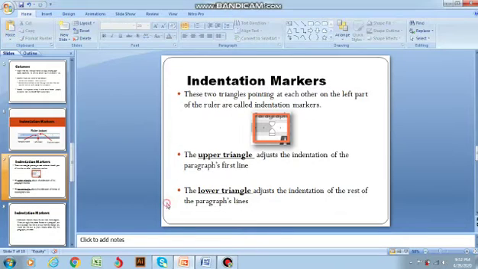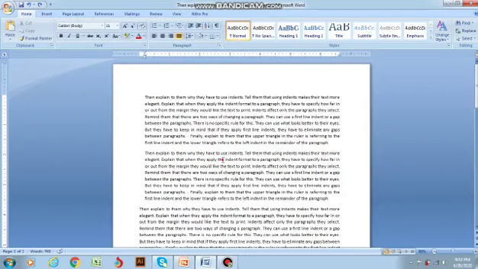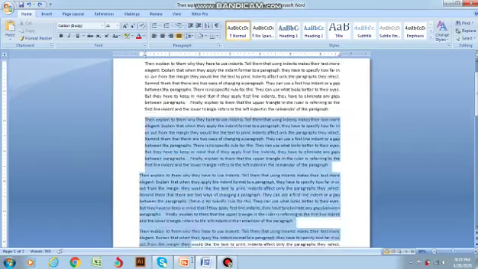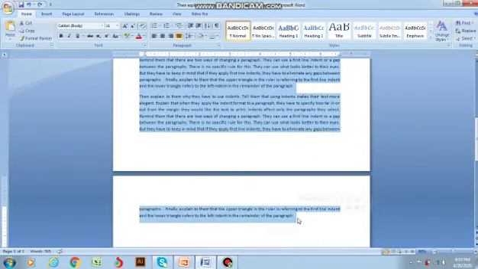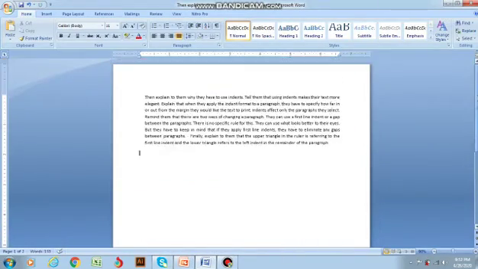Okay, let's go into the practical implementation. For example, I am going to remove this whole text and leave the document with only this paragraph. I have clicked here, and my cursor is pointing at the first line.